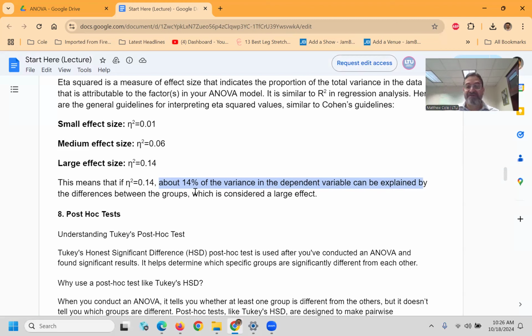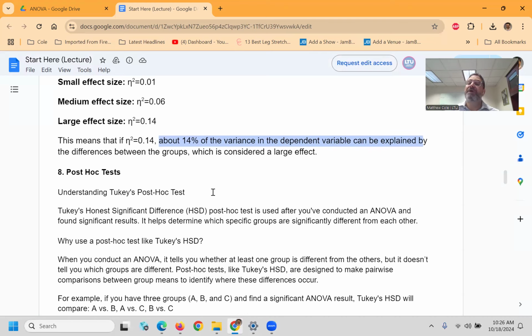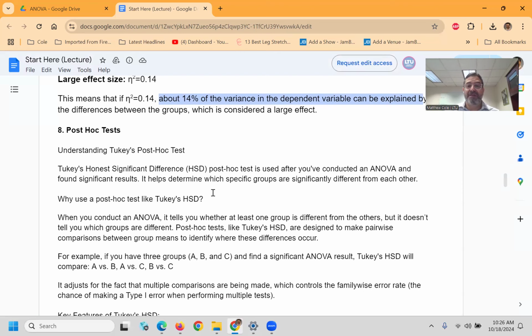Now, if we find the p-value is less than 0.05, we're going to visualize it, so we will see the plot and we'll be able to see where the difference is. But it's also important to run a follow-up statistic called a post-hoc test to actually see which group is different from another group. There are different types of post-hoc tests that you'll see when you get into JASP,